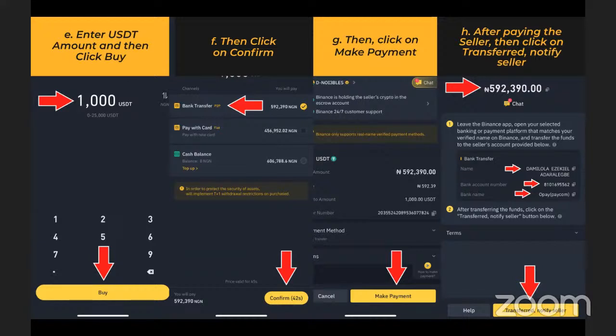The person on the other end will wait to receive the alert. Once the person sees your alert, they will say, okay, money received, release USDT. And then you automatically see that the amount of USDT you purchased is being released into your own account. I've used it many times. It's very safe. You just transfer, you get your USDT, it works fine. I don't know about other platforms. That's why I'm recommending Binance. Binance is a very popular platform to buy and sell your cryptocurrency.